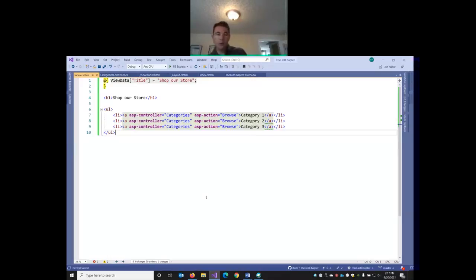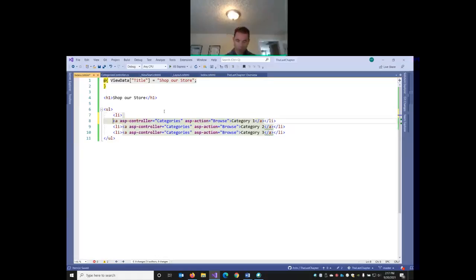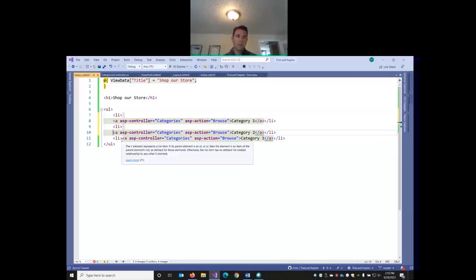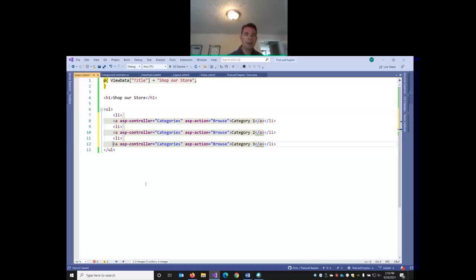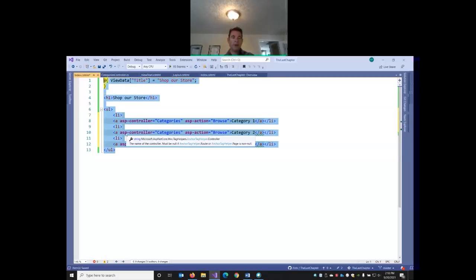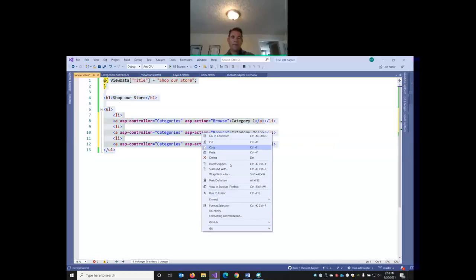I'm going to show you one other little useful tool when we're editing HTML files. We're editing views in Visual Studio. Visual Studio has some neat formatting tools. So let's say I put in a line return before all of my anchor tags. I can highlight either this block of code, or I could actually highlight the entire page if I want. And if I right click and choose Format Selection, or if you're a keyboard shortcut person,